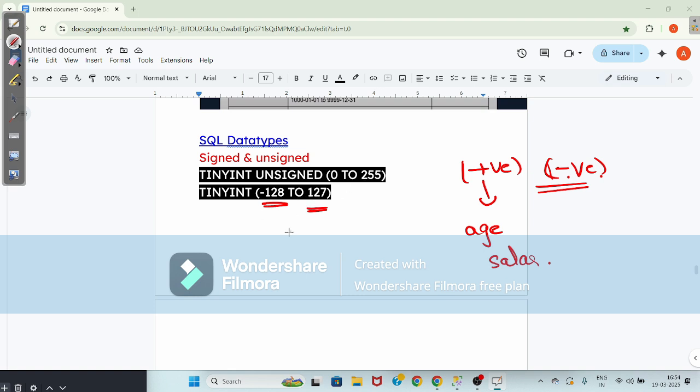It will not take -129 or -130, but unsigned takes only positive integers, 128, 129 up to 255. So the range of positive values increases in unsigned data types.